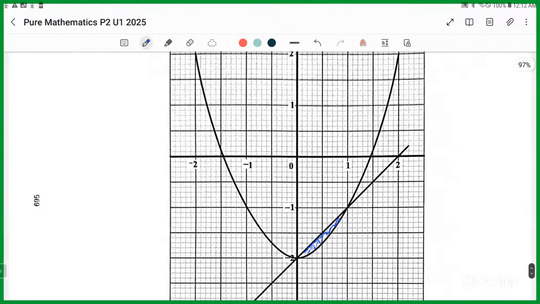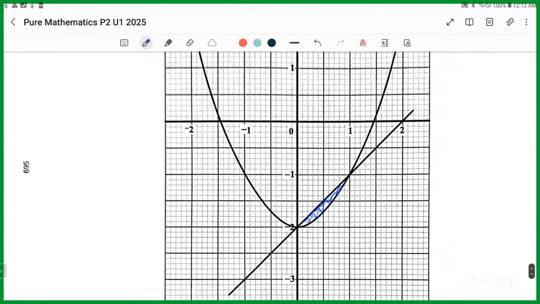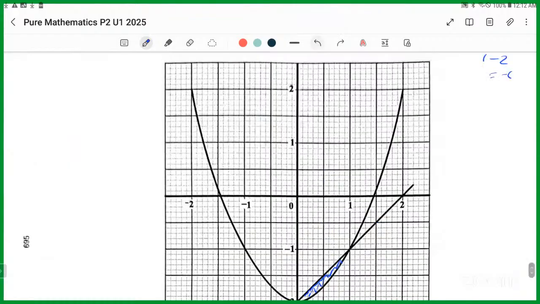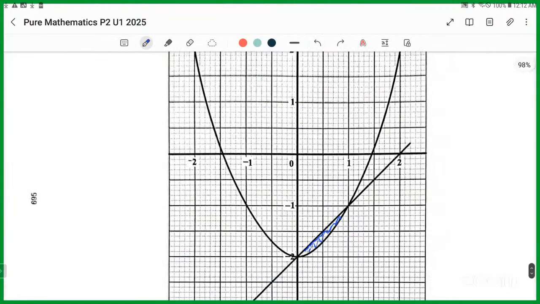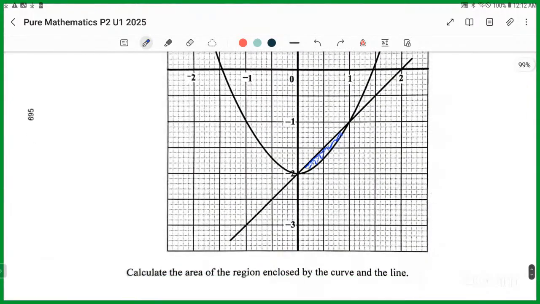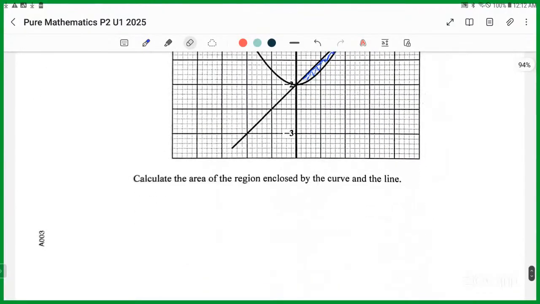So the thing is, under the curve, we're going to get a negative area. On the line, we're going to get a negative area. So the curve is going to be a bigger area, but it's negative, because we measure the area down to the x-axis, right? It's going to be negative because both are below the x-axis. So watch this now. The area required